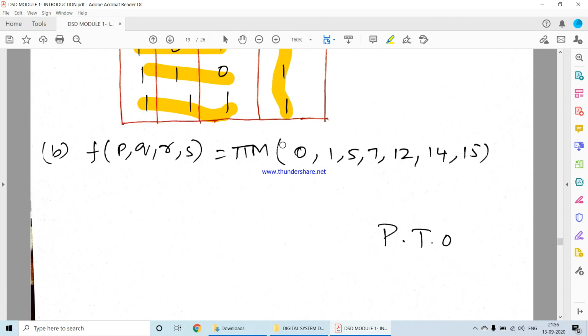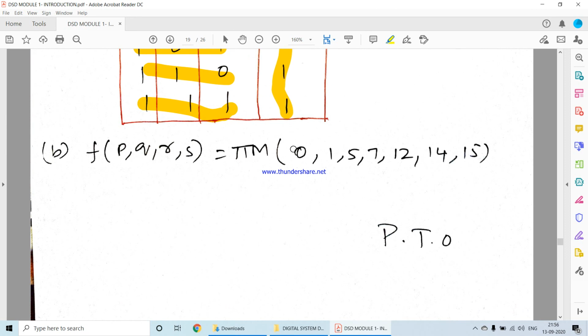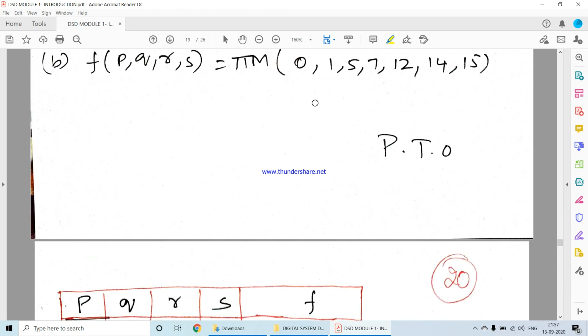Now this is pi m. Pi m says max term, where 0 is the normal form, 1 is the complement form. Therefore, whichever entries are present inside the bracket, you should make those entries 0. Whichever entry is not there here, those entries will take the value 1. This is the max term, don't get confused. Earlier we did min term. This is max term, which will take 0 in the normal way, whereas 1 in the complemented form. Therefore, whichever entries are there here, all of those will take 0, whereas whichever are not there here will take